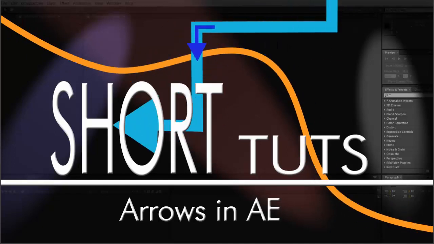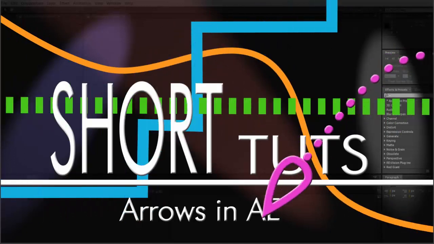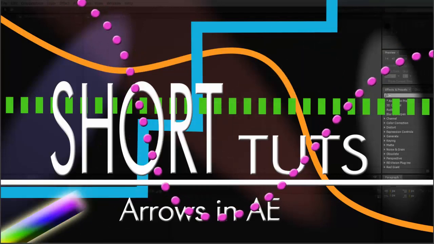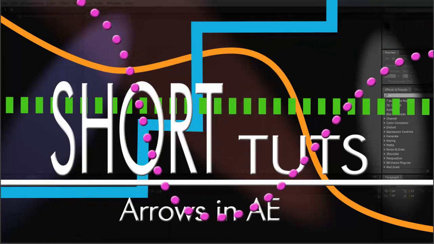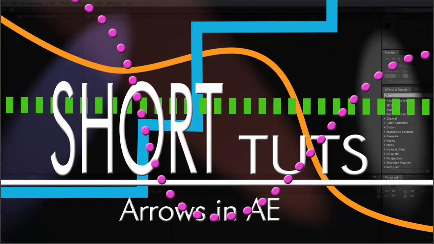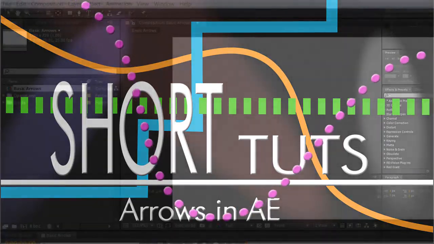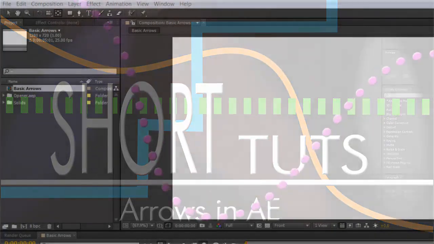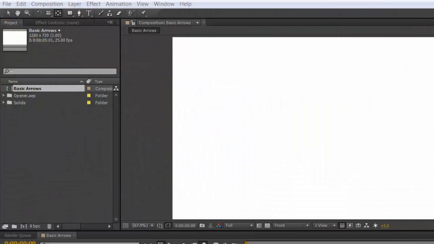Animated arrows in After Effects aren't quite as simple as they might first seem. We're going to be using shape layers to create them, so let's get started. With your composition open and nothing selected in the composition, select the pen tool,